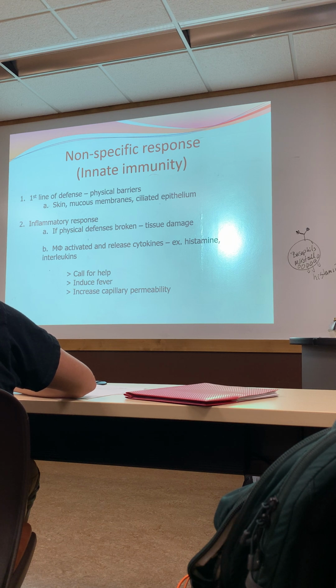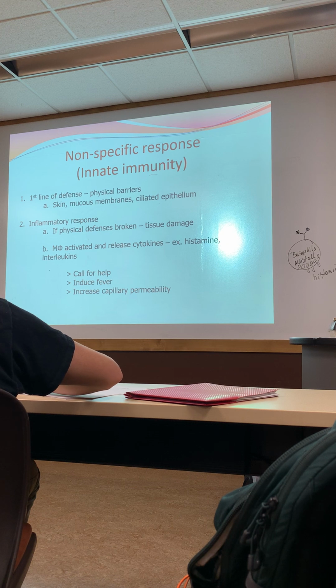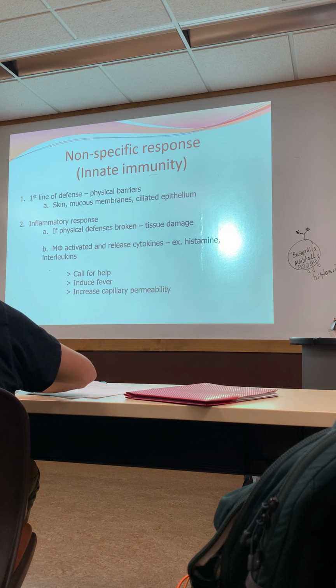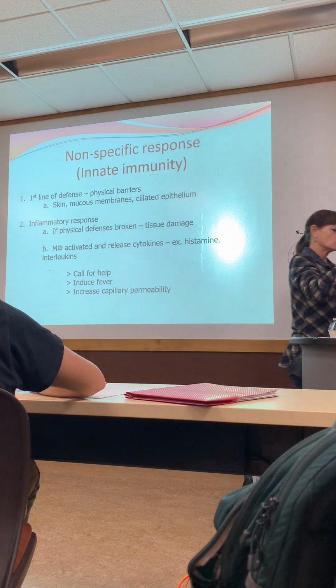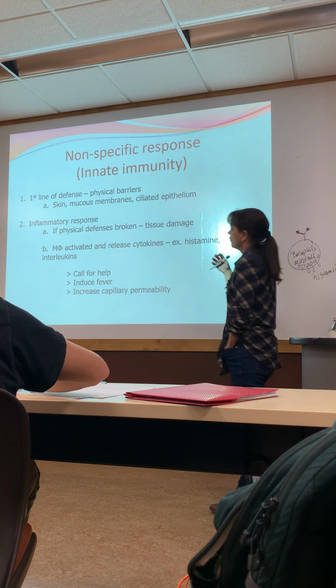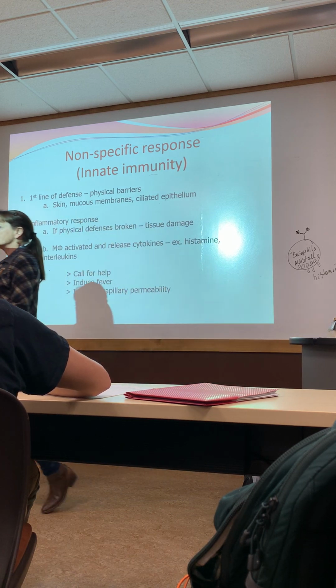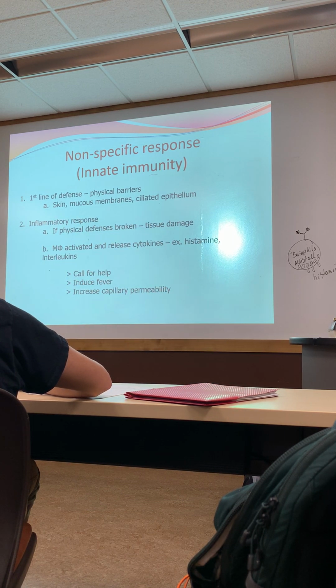Within these, we've got some more subdivisions. These are known as our lines of defense. So we've got a first line, a second line, and a third line. First and second line of defense: non-specific immunity is going to be a non-specific response to an infection. In other words, we're going to fight off multiple potential pathogens that might attack us.